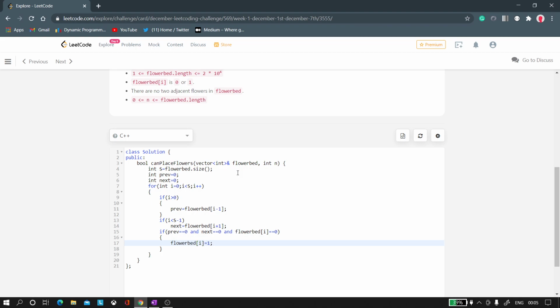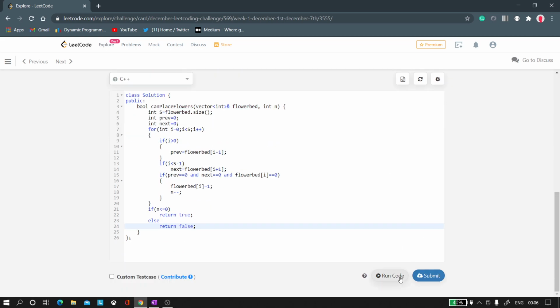We are going to make that position 1, and we are going to decrement the number of flowers which we have been given by 1. And after this complete iteration, if we have n less than or equal to 0, it means that we have planted all the flowers which we have been given in the question. So we'll return true, else return false.